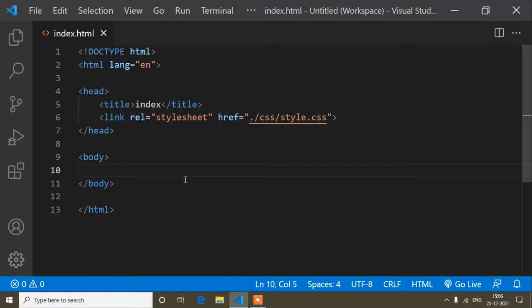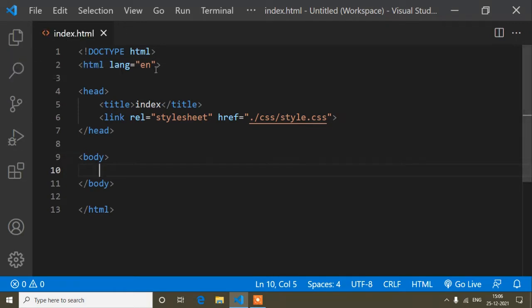So now guys, I will show you how you can install SASS in your project. First of all, you have to use Visual Studio Code. If you are not using Visual Studio Code, then you can also use SASS or SCSS. Here I will say SCSS because I want to show you SCSS. Here I am showing Visual Studio Code, so I will show how you can install SASS in Visual Studio Code. And it's very simple.